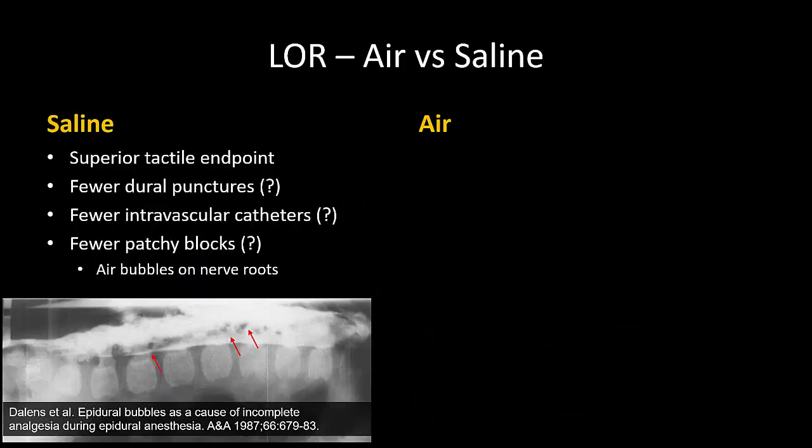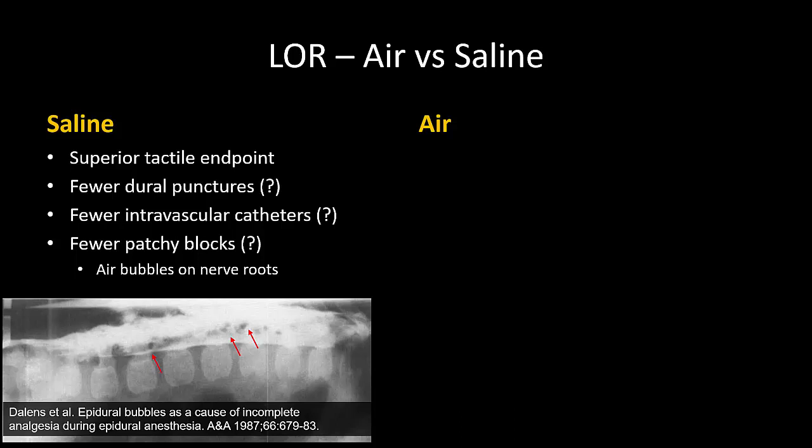With regard to loss of resistance, saline appears to be the more widely used and taught technique nowadays, and it does have certain theoretical advantages. It offers a more definitive endpoint than air, and because the injection of saline pushes dura and vessels aside, it may reduce the incidence of dural puncture and intravascular catheter placement. Patchy blocks have also been attributed to air bubbles within the epidural space, and the use of saline may help